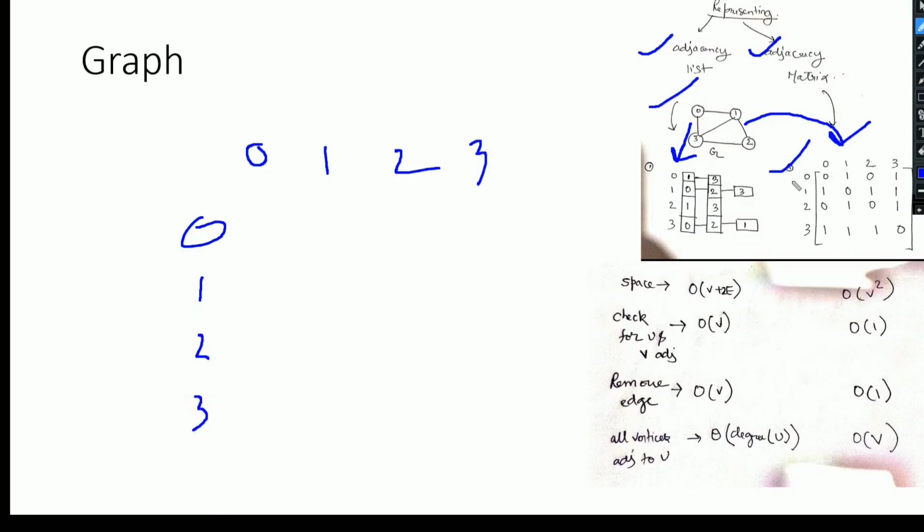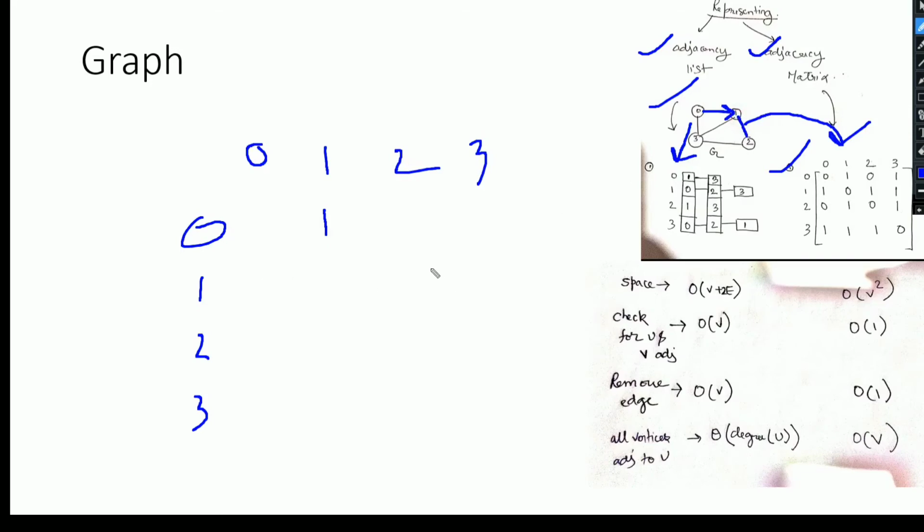Now we need to find the edges which are connecting those vertices. If we see this, 0 and 1 are connected with an edge, so in 0 and 1 we can place 1. Now next, 1 to 2.